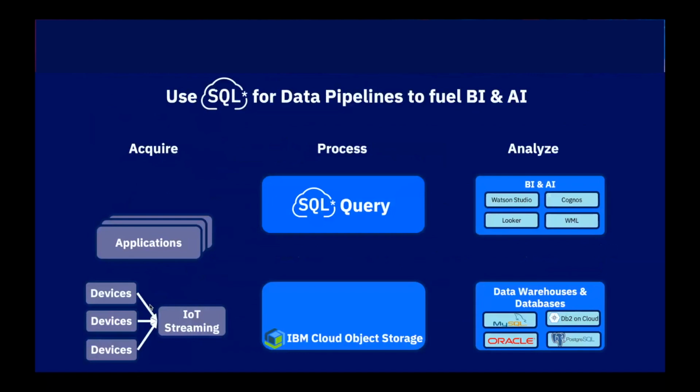Now, a typical way that you can see what is being built here, so this is more of an end-to-end picture of a scenario, is that this data basically comes into the cloud object storage through one of these mechanisms, be it application logs, where the applications just have logging being dumped to cloud object storage, or in a similar way, we can look at these IoT scenarios. They're all storing this raw data on cloud object storage.